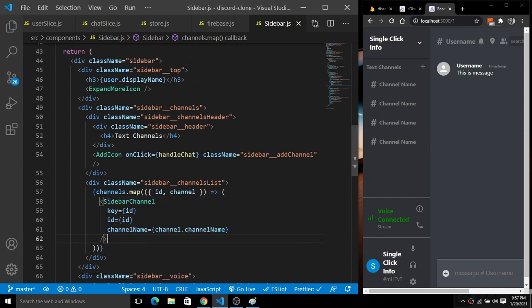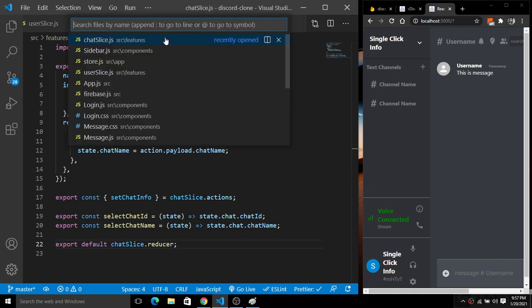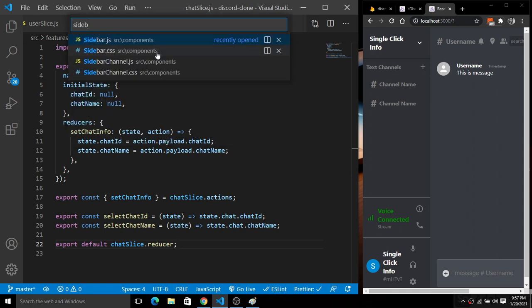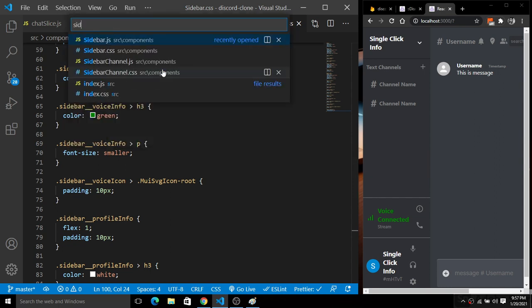So let's save this. Let's go to the sidebar channel, where you can add the name of the channels here. So let's go back to the sidebar channel, SidebarChannel.js, not css, SidebarChannel.js.